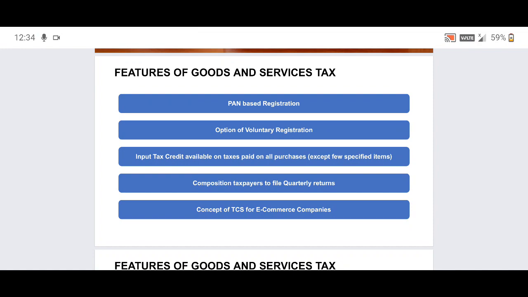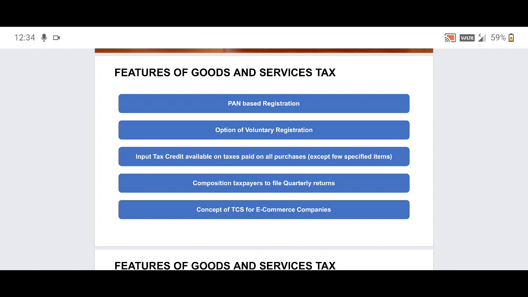Let's take an example. For the provision of your output services, you also need to purchase some goods and take some services. Say, for example, you are involved in marketing services and the value of your marketing service is